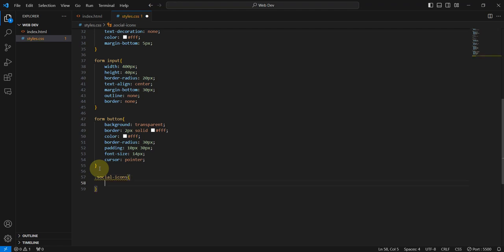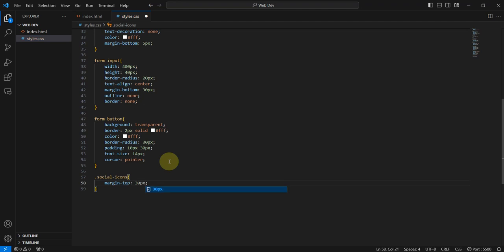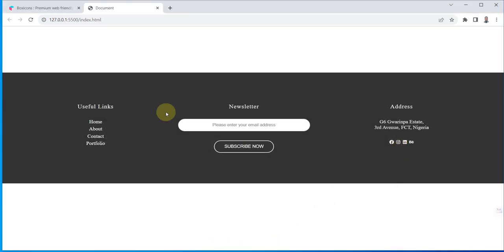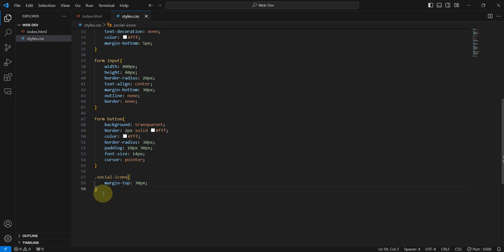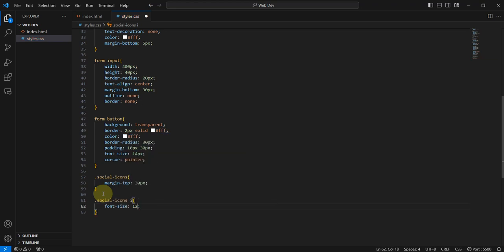I'm going to give it a margin on the top. I'm going to give it a margin top of 30 pixels. So let me save this and see the result. Okay, so I'm going to come here, dot social icons, and I'm going to target the icons. I'm going to give this a font size of 12 pixels,